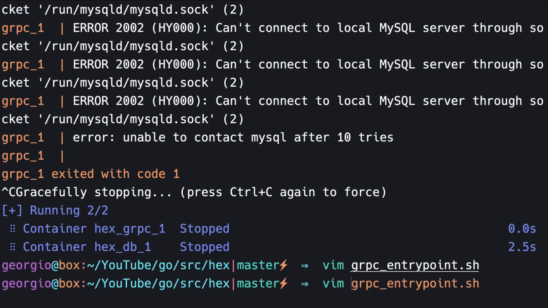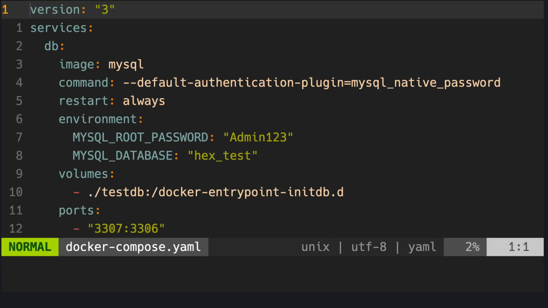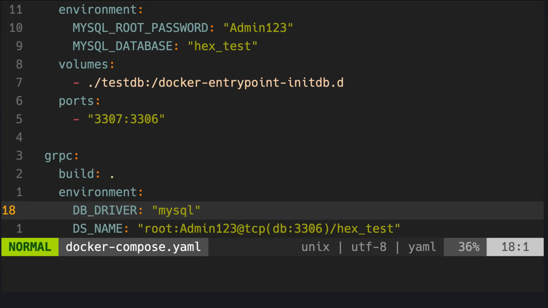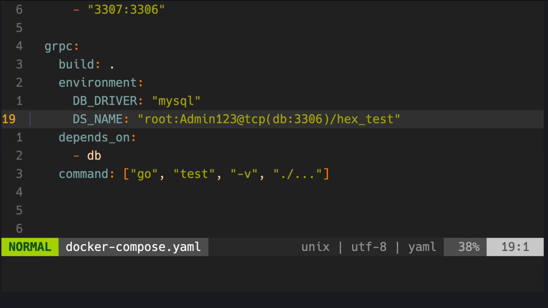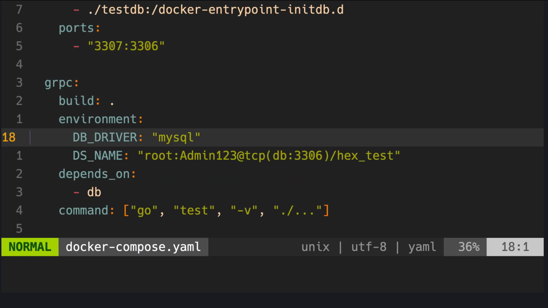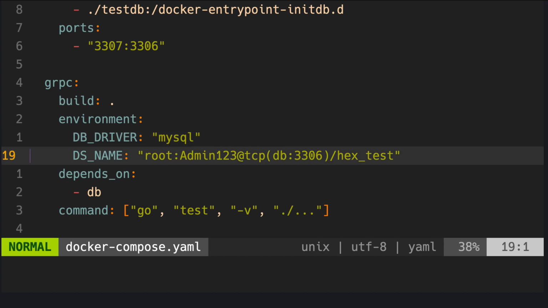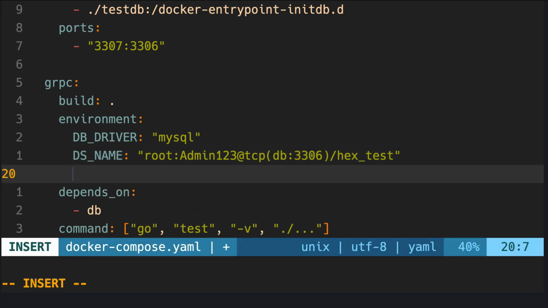So if we go back into our Docker Compose file, as you can see, the only environment variables that we have are these two here. And these are the ones that are going to be used within our application. But we also need the environment variables that are going to be used within our shell script for our entry point to test the MySQL connection. So let's go ahead and add